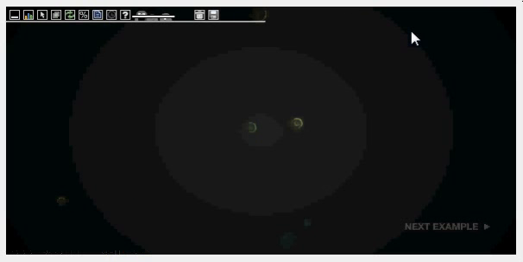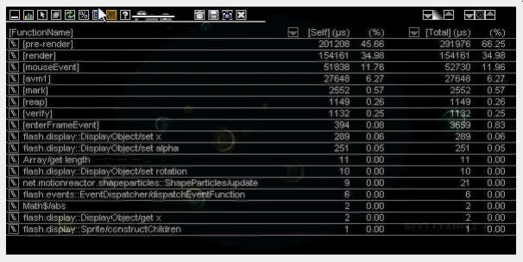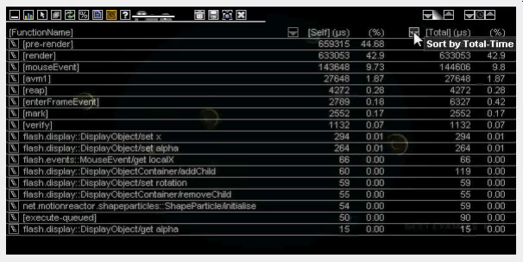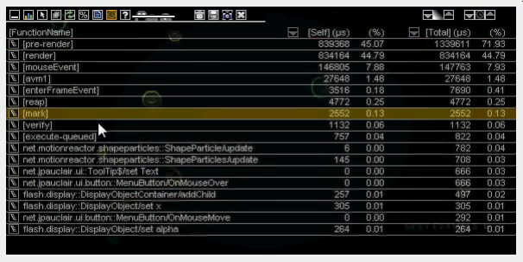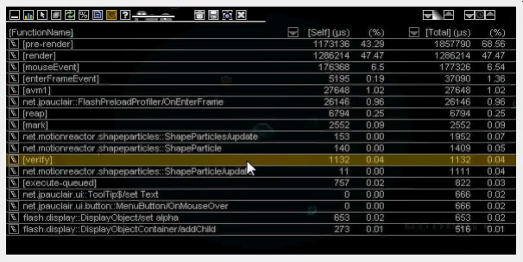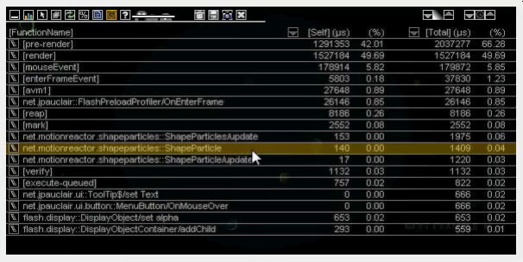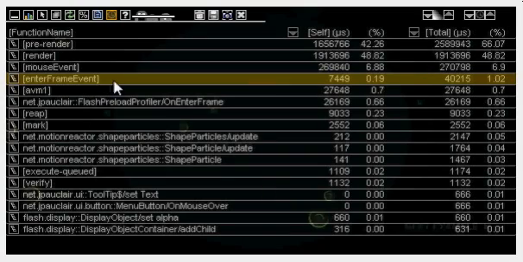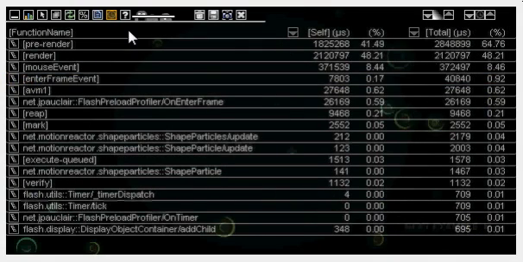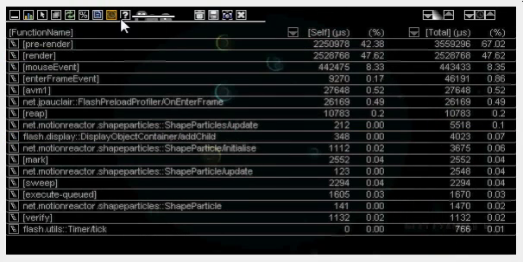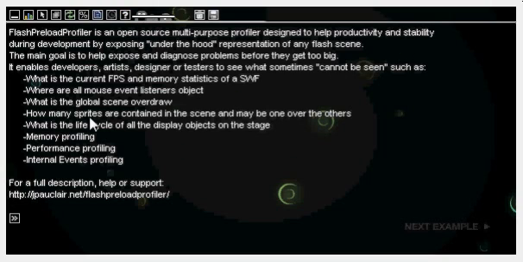Let's start again. So you have all the information and the time, and you can sort between self time and total time. So you could say what is being heavy here is mostly, let's say, the interframe and the shape particle update. All those shape particle things are part of the interframe here, and are part of the main interframe event here. So that is one of the big new features. You always have this little help, which says what the tool is about, and